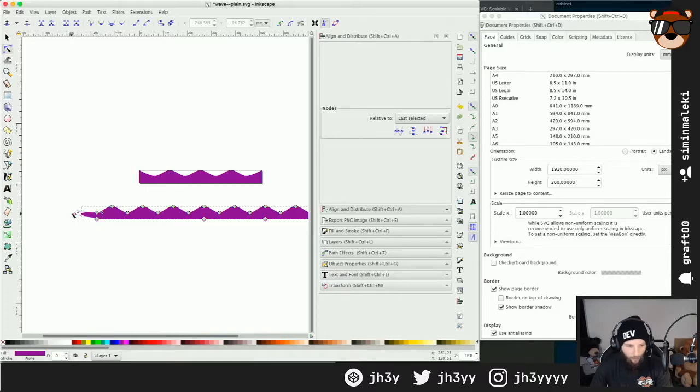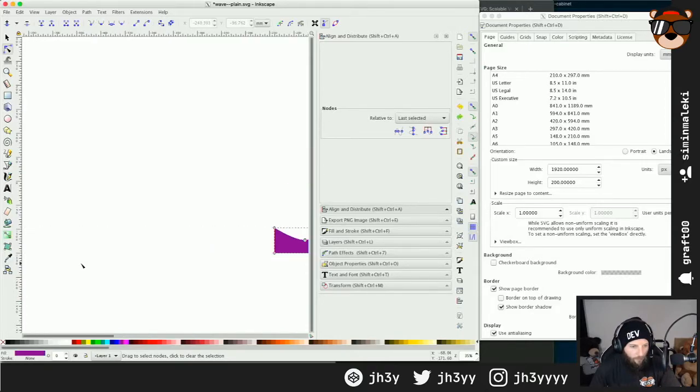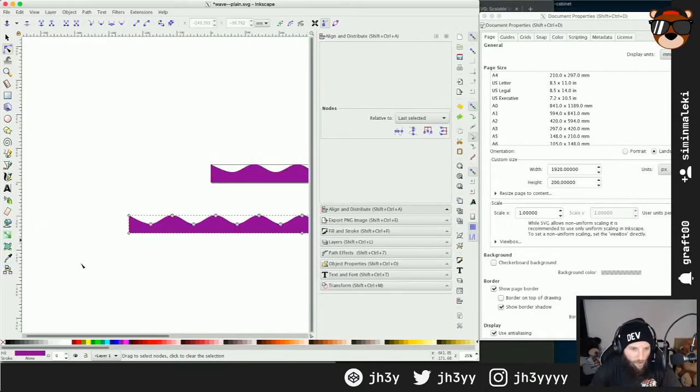and drag the, oh, I've done it to the wrong one, haven't I? Too busy talking away, and I've missed which one I was meant to go to. So I want it to this one, because I want it to be a top one. There you go. Now if I just delete these nodes,